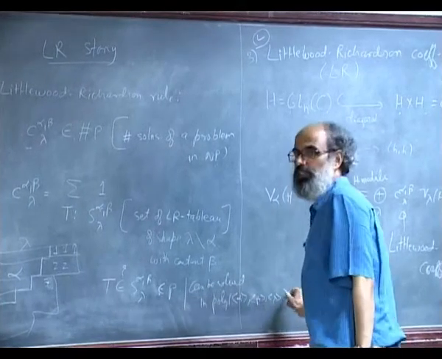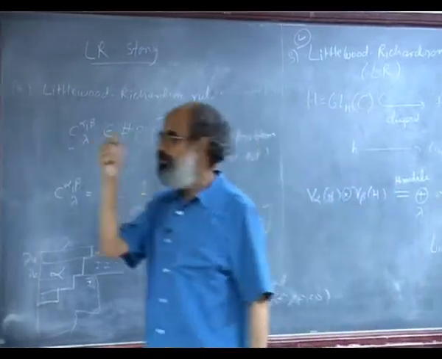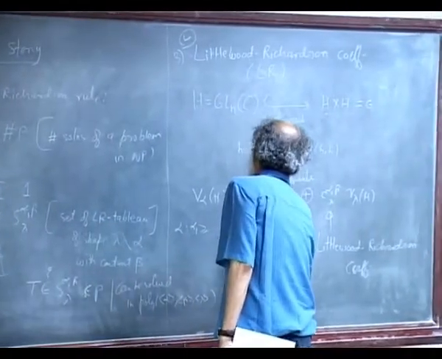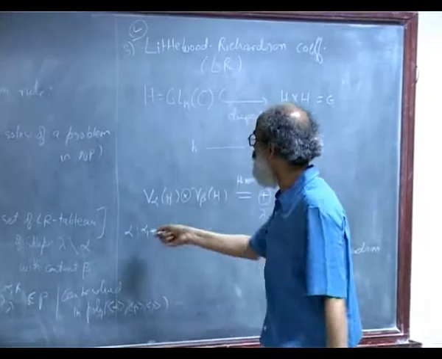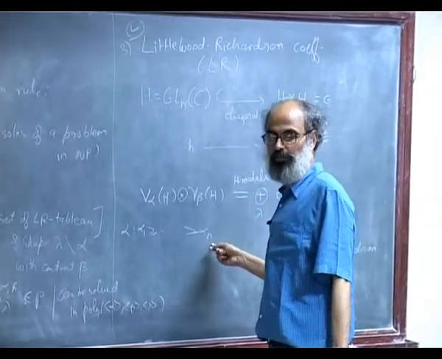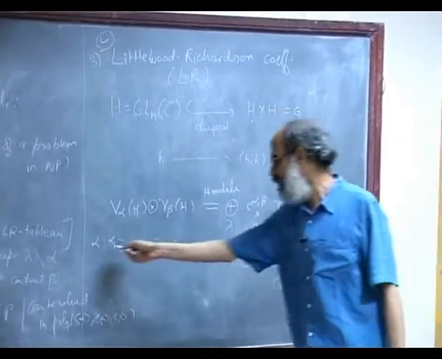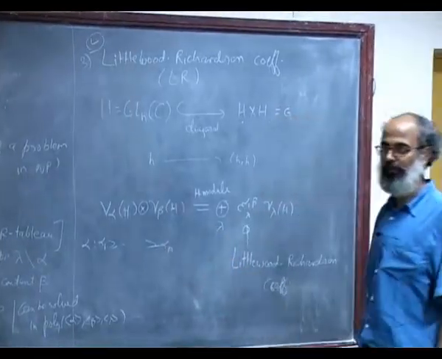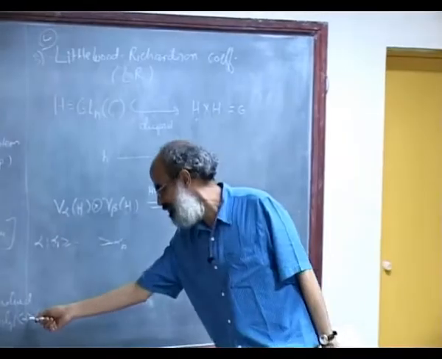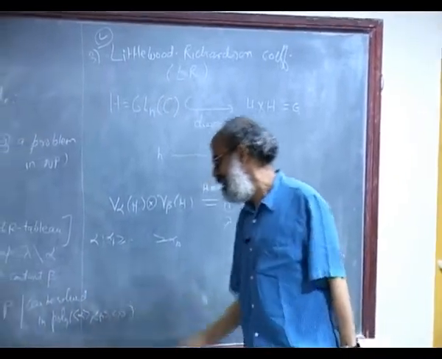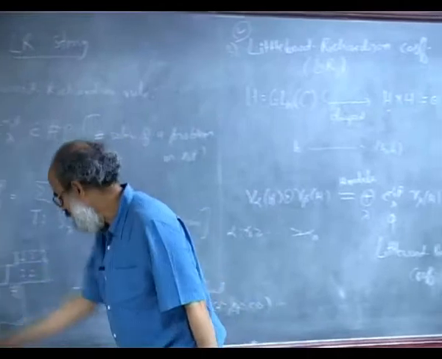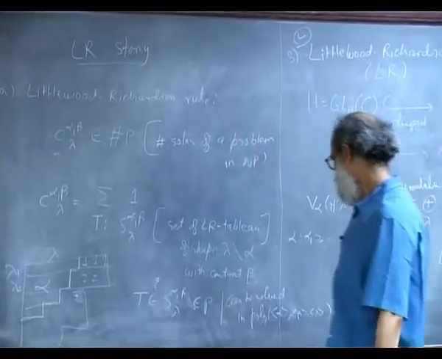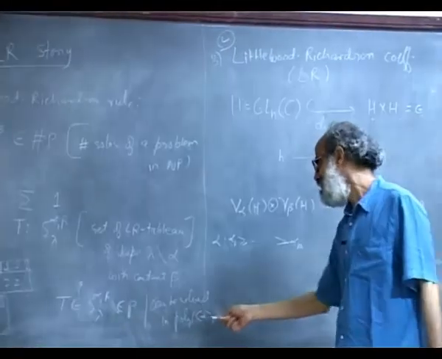Each of these is a partition, right? So the partition is given by alpha 1 greater than etc. up to alpha n. So its bit length is the bit length of the binary specification of this, right? So it's log 2 of alpha 1 plus etc. plus log 2 of alpha n. That is the bit length of alpha, bit length of beta, bit length of lambda. So whether a given partition is an LR tableau of shape lambda slash alpha with content beta can be verified in time that is in fact linear in the bit lengths.